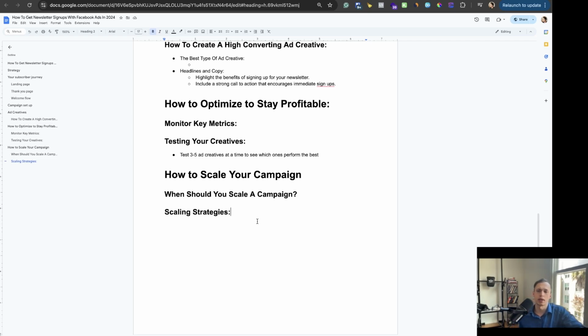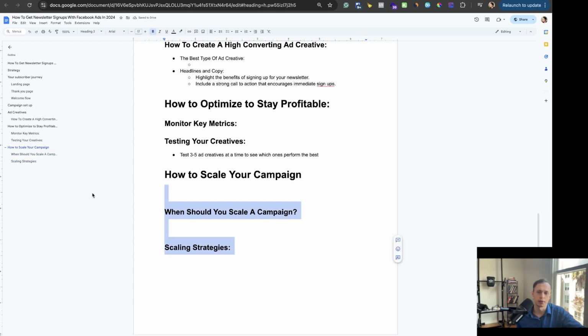So that's the strategy I would recommend, because it saves you a lot of time. It's a big change, and gives you better data, or at least more data, and then you can decide if that's something you want to keep at that scale, scale down, turn off, or scale up. If you got this far in the video, you have everything you need to start running Facebook ads